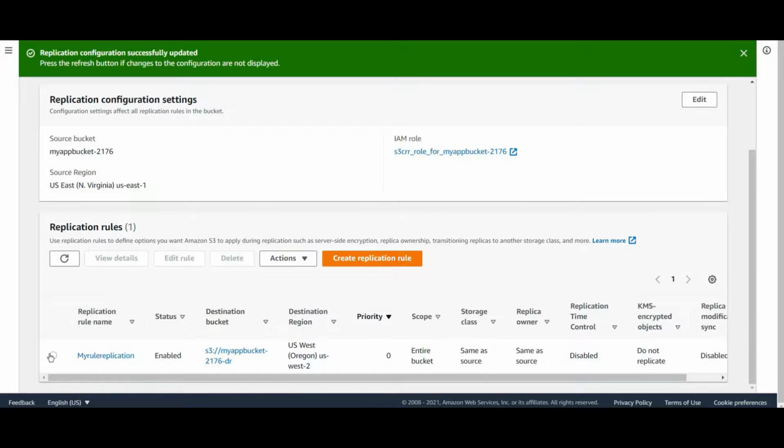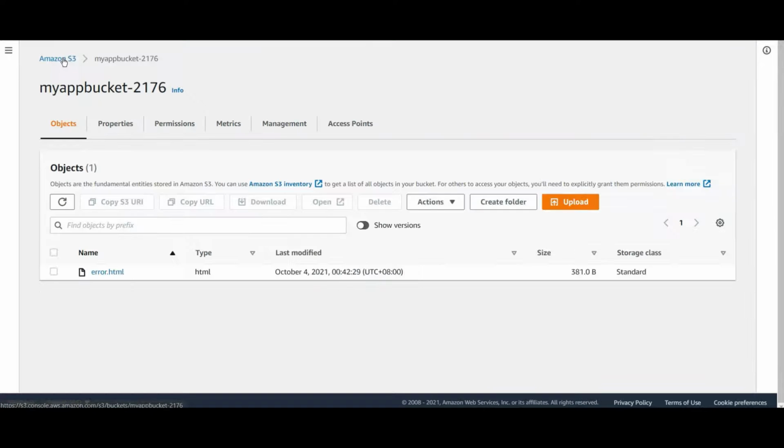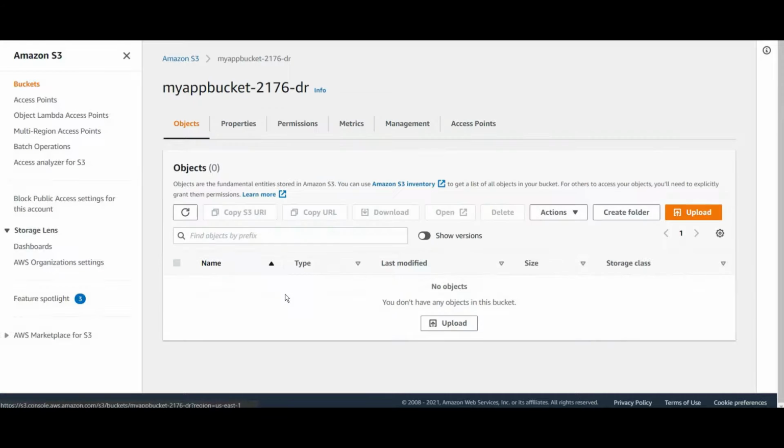See, my replication rule is created, and you can see the rule's configuration here. Now I will go to my new S3 bucket, which is the DR S3 bucket. The point we need to note is that in replication, the existing files will not sync. The new files created under the source will be synced. So I have a file in my existing bucket, but it is not showing.